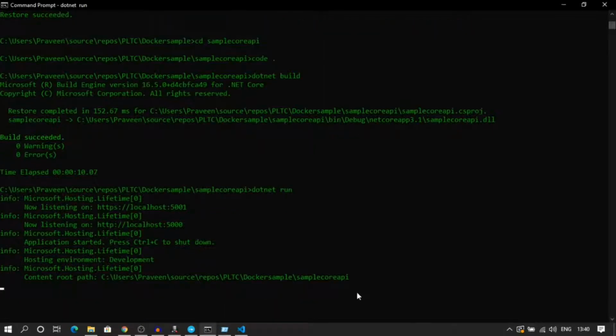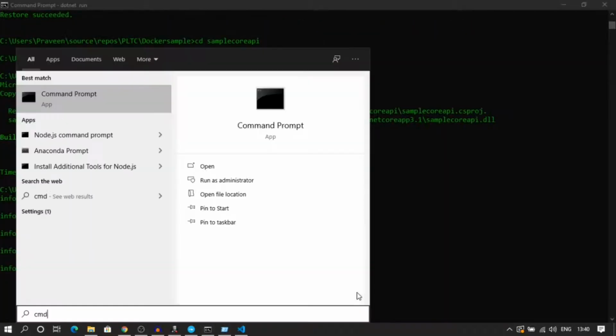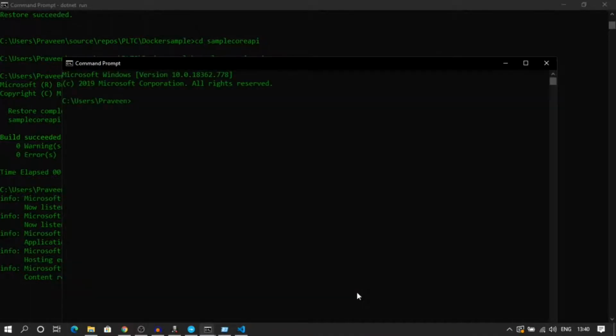I can open a new command prompt, and if you have curl installed, you can directly go and run the curl like this, and I have to add the path, because it is a web API, like this.